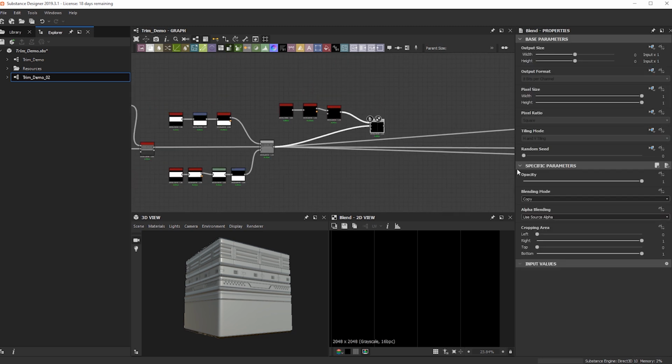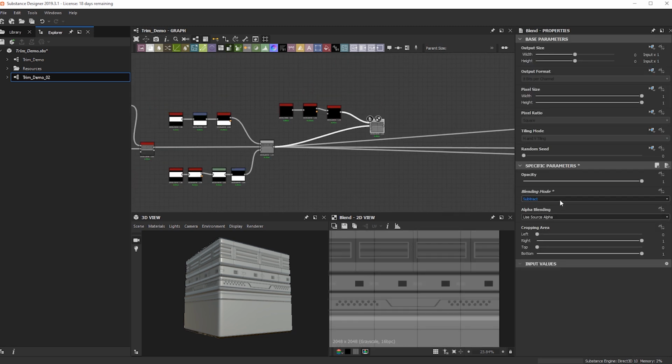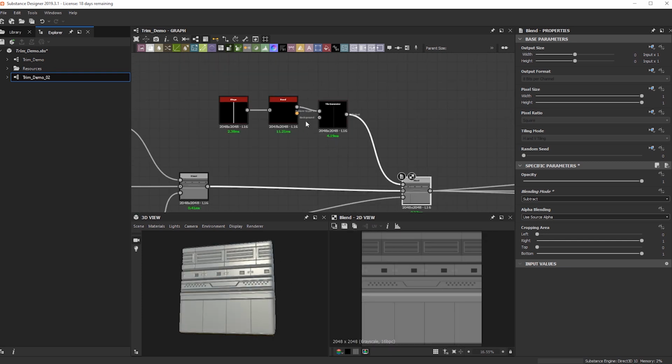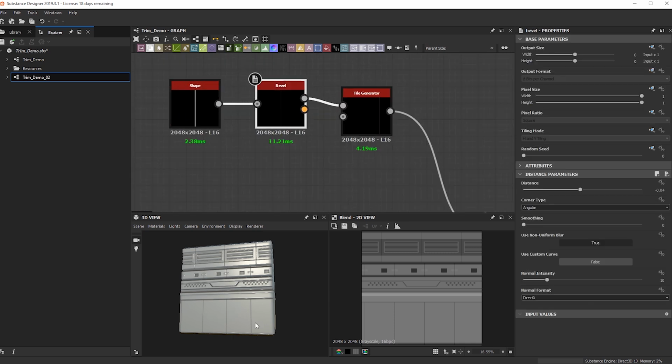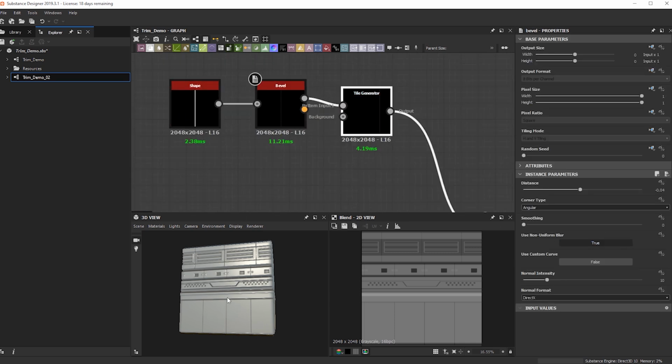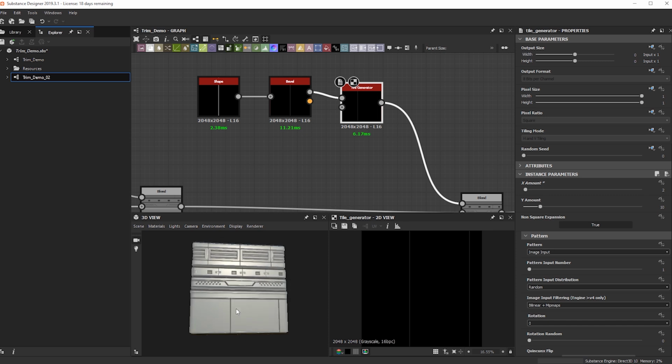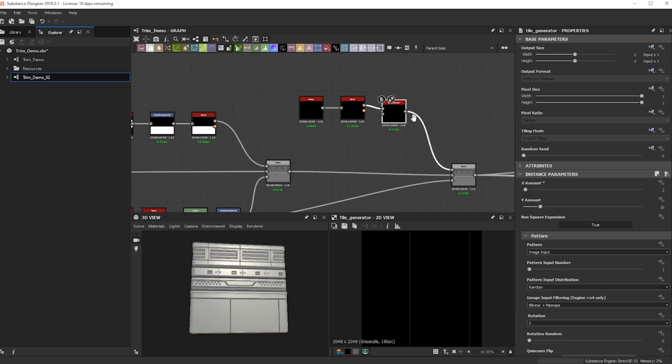So let's go ahead and do that really quick. And also let's go ahead and put on subtract. And then I'm going to use the same mask to make sure it's only appearing on that area. So once we have that, we actually have these 4 panels. I might want to take it down just maybe a 1, but we'll see. Maybe let's actually go on the tile generator and let's see what we can do. 3. Yeah, I think this will work just because it gives us enough real estate to play around.